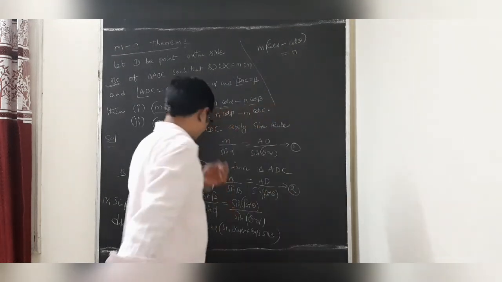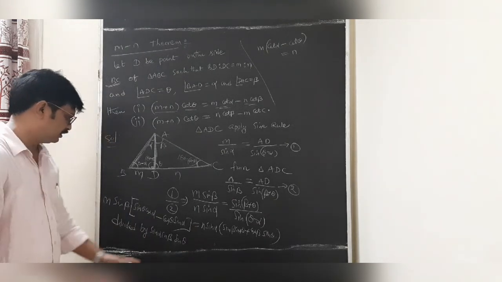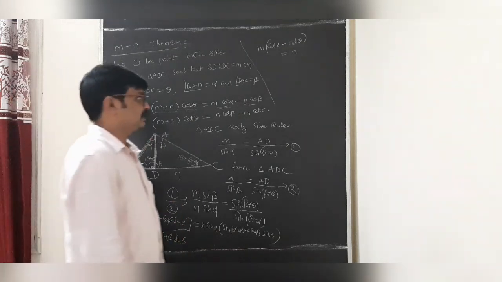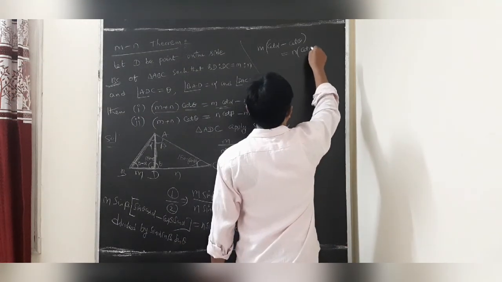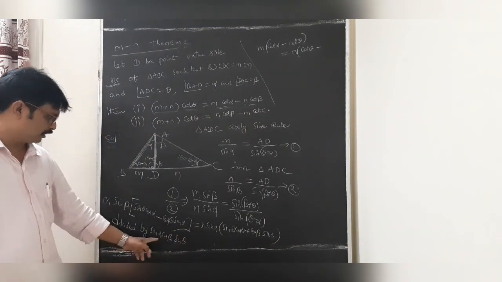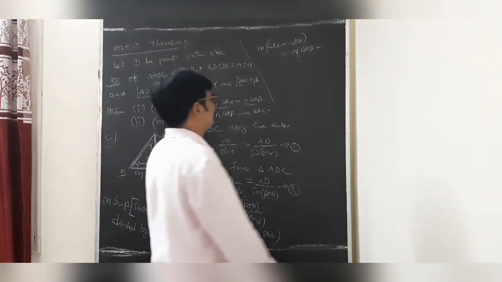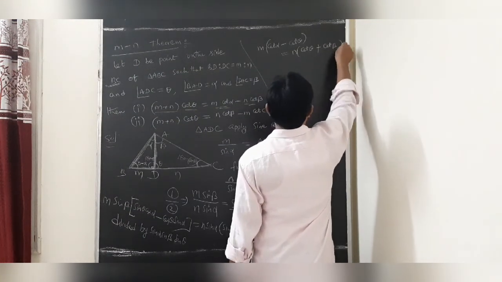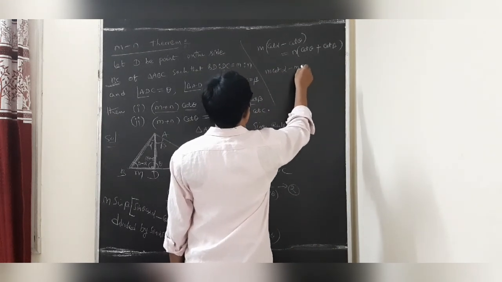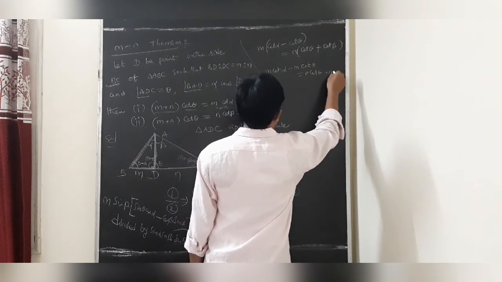Similarly students, on the right hand side, sine alpha cancels. N into sine beta cancels. Cos theta by sine theta is cot theta, minus. What is here, students? The sine alpha is cancelled and also sine theta is cancelled. Cos beta by sine beta, what is that? Cos beta by sine beta is cot beta. Dear students, now how can you write this? m cot alpha minus m cot theta equals n cot theta minus n cot beta.